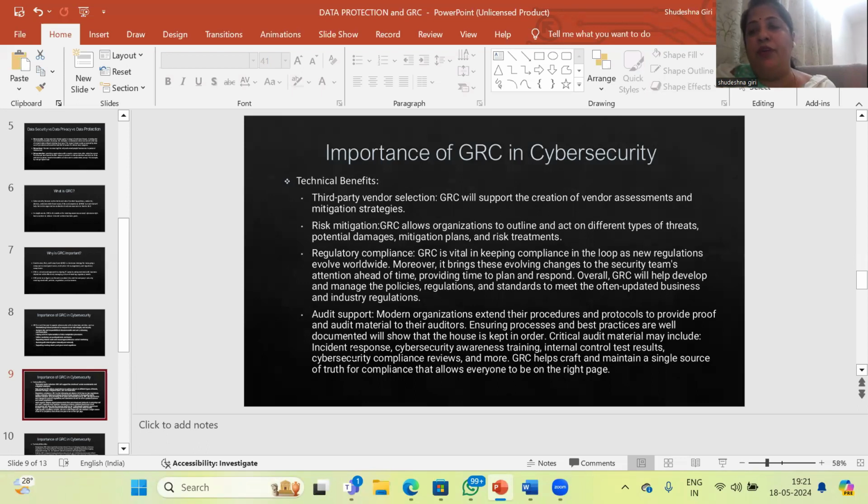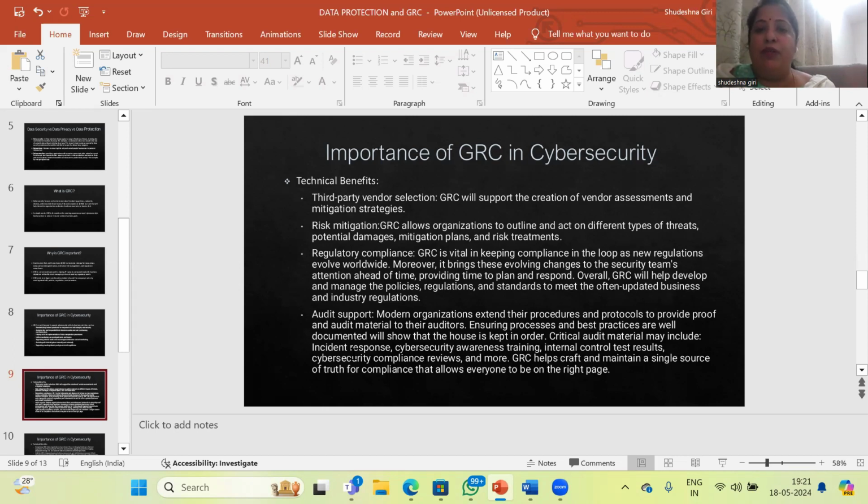There are certain laws which are evolving, so we have to abide by them. We have to see that GRC also takes care of such standards, policies and laws, and abides by those laws, so that we do not fall prey to a penalty or a criminal charge, even imprisonment, I think, is also there. All of that has to be taken care of when you formulate such policies, procedures or standards. So GRC helps in doing all this.